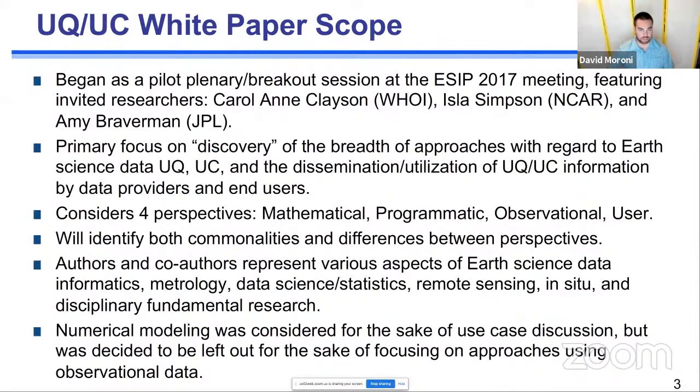As for the scope of that white paper, we looked at a breadth of various approaches covering not just uncertainty quantification, which as you see is referred to as UQ, and uncertainty characterization, which you see as UC, but also the dissemination and utilization of both UQ and UC information, looking at perspectives of both data providers and end users. And we considered 4 high-level